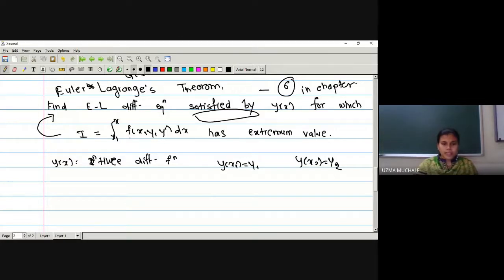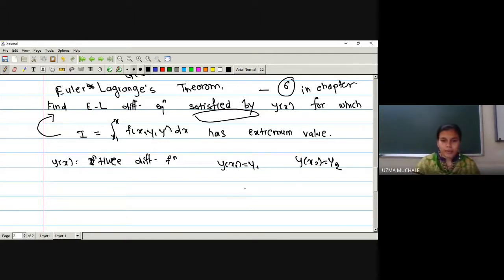In the next, we will see this same theorem many times. Here it is simply x, y, y dash. We can see it for x, y1, y2 up to yn, and here it is y1 dash, y2 dash up to yn dash. And instead of a twice differentiable function, we can see it for a 4 times differentiable function. Next, we can see it for x, y dash, y double dash. And instead of x1, x2, we can have x1, x2 up to xn. So I am telling you these things repeatedly so that you can understand the different forms of the Euler-Lagrange's equation that we are going to see in this chapter. So let us start the proof.